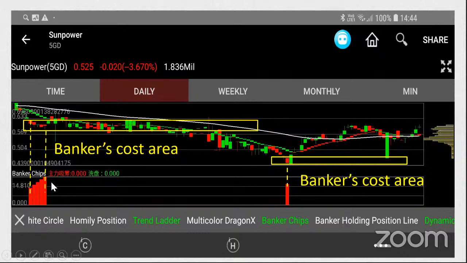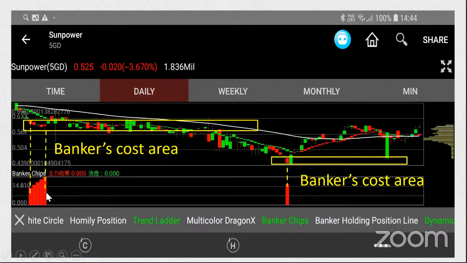So let's check. In the second window, we have the bunker chips. For this case here, we have 1, 2, 3, 4, 5 red columns. This is the accumulation by the bankers. We don't have a flashing green bar, just red bars, right? So if you see several red bars appear in a row for bunker chips,